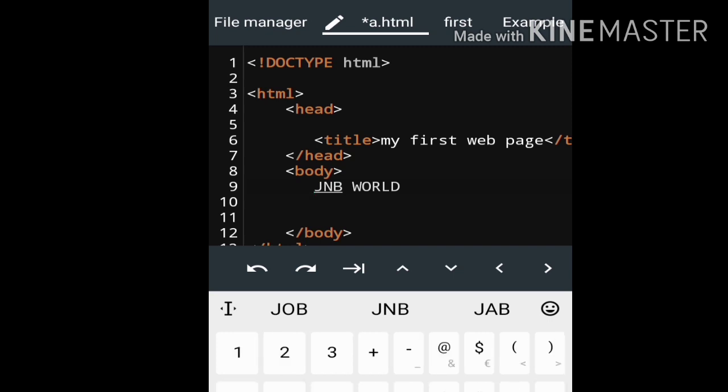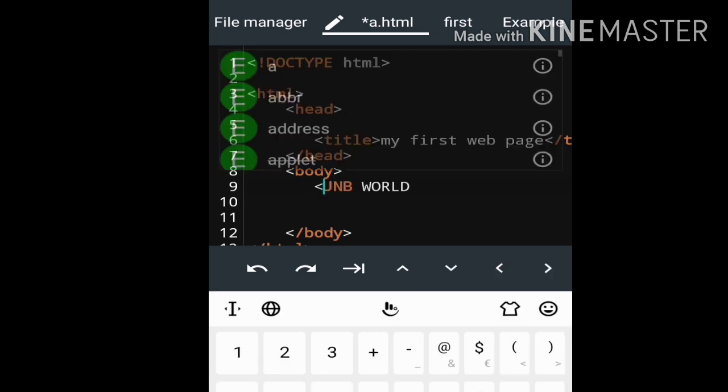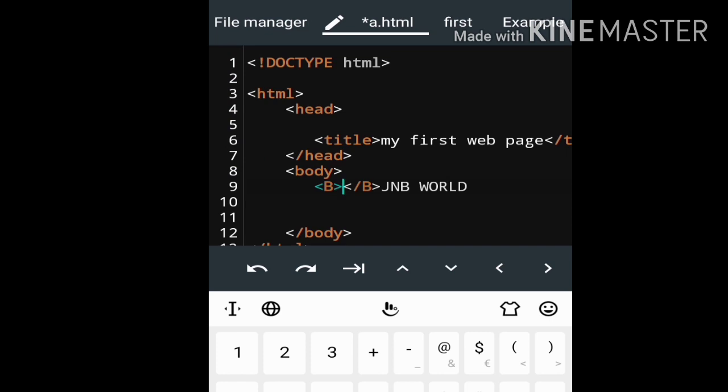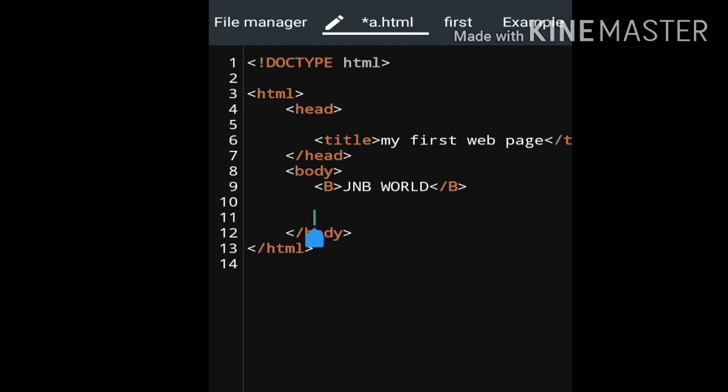For bold letters you have to use the tag B, and we have to close the tag as /B. By writing it, our text will be in bold letters. So this is my basic first program.